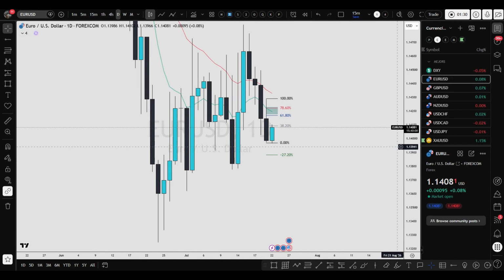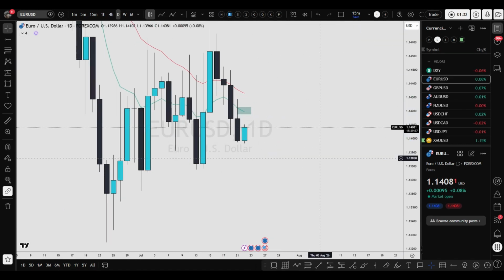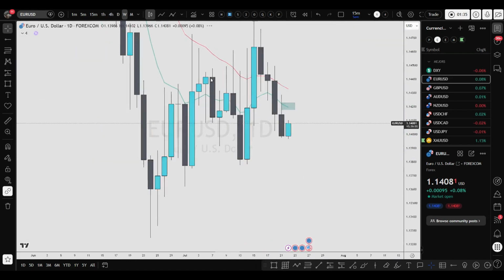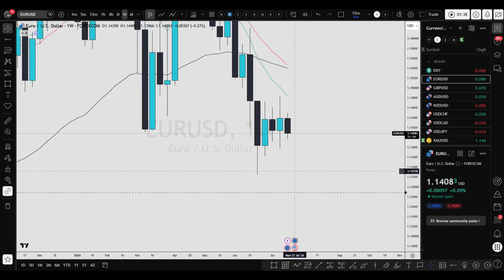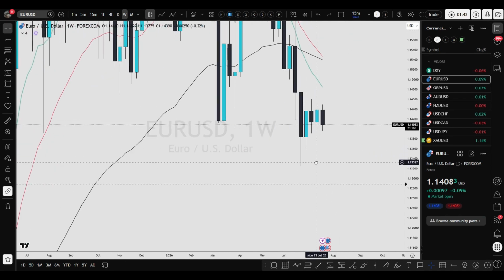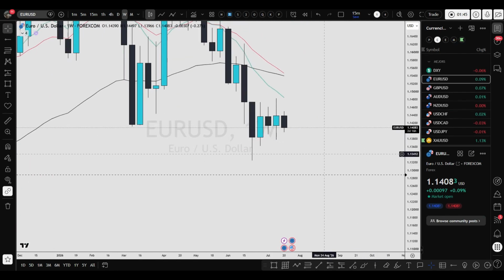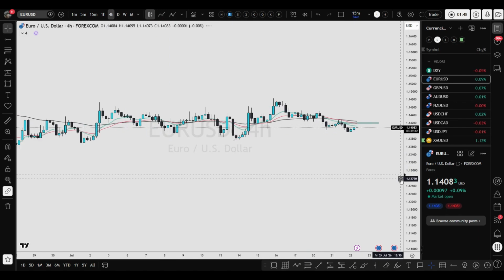The daily bias is bearish. The previous day low is already cleared, so that's a bad sign. But overall, it's highly possible that we're going to trade below this low, this previous weekly low and this low. We still have 2 days left for the weekly candle to close, so let's see how it unfolds.